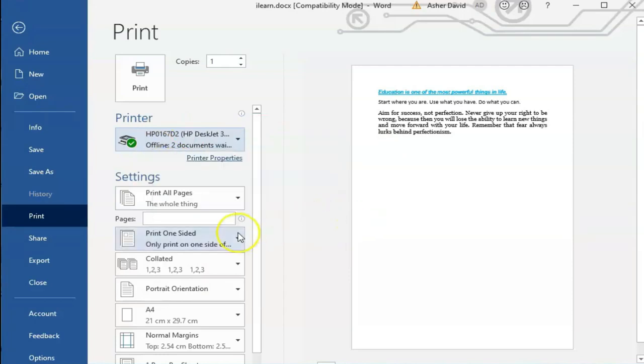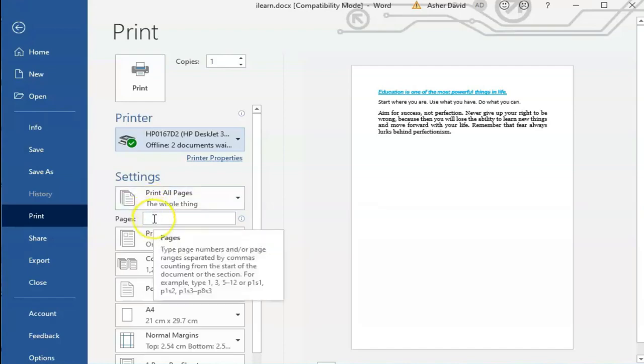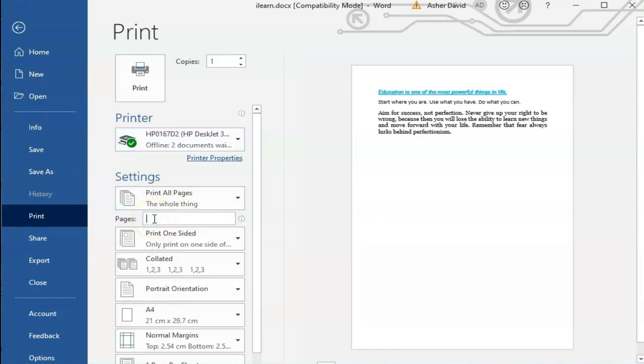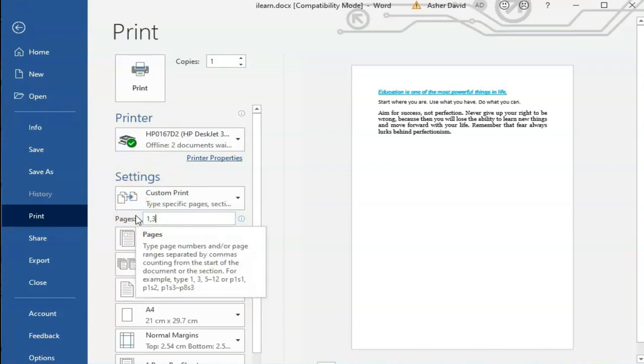you have to select the number of pages you want to print, or if you want to print the whole file of 4 or 5 pages, then you don't have to make this change. Otherwise, if you want to print only 2 pages from your file, then you can do the numbering over here. Like suppose if I want to print the first page and the third page, then I will put 1 and then I will put a comma and then 3. So when I choose printing, then the first and the third page of my file will be printed.